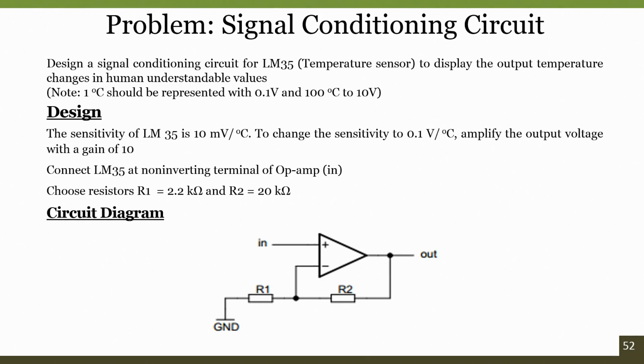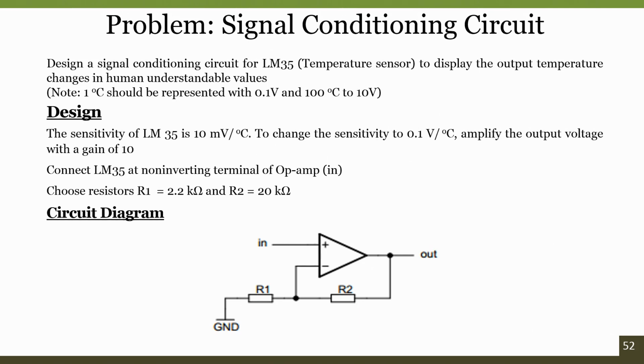So this is a problem of a signal conditioning circuit that I am considering to show it to you tomorrow. Since we are directly interfacing to the system, we should understand what exactly the problem is. The idea is that we want to display the temperature of a system, or temperature of a boiler, or room temperature. In order to do that, since a data acquisition device accepts only a voltage as an input, the temperature has to be converted into a voltage.